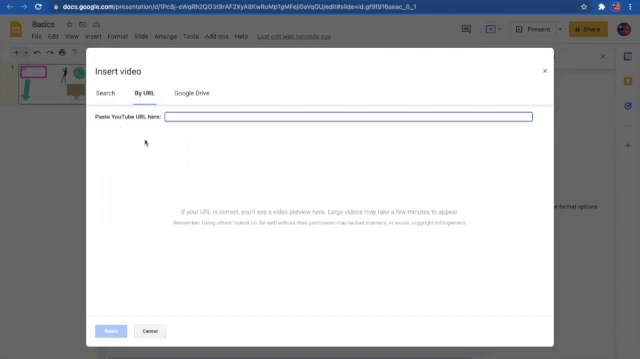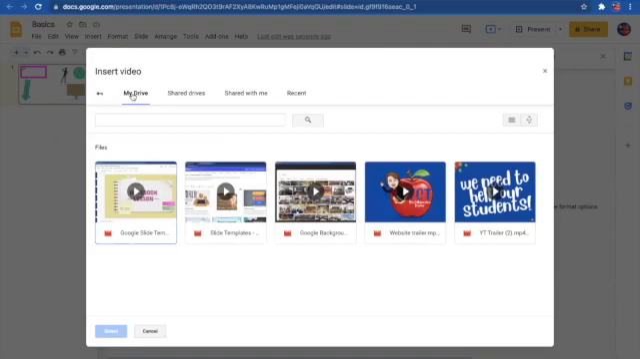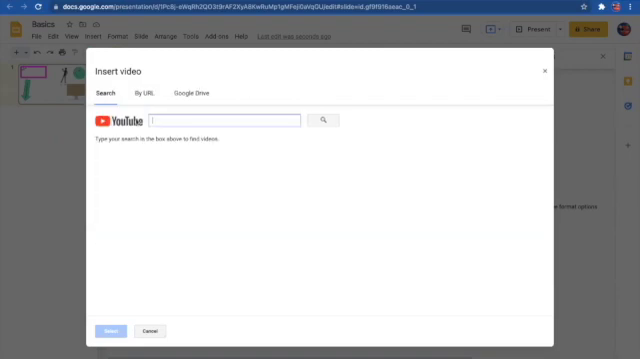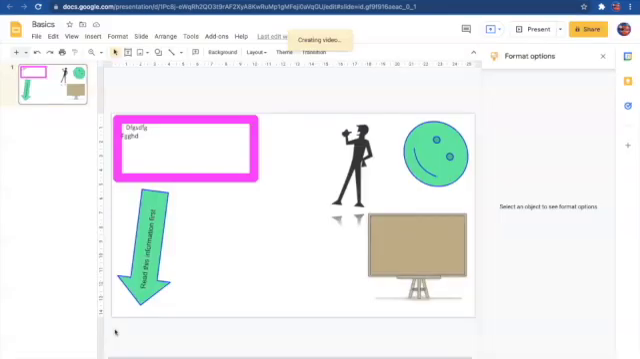Okay, you can't insert Vimeo. So a lot of videos are made using Vimeo, especially for like how to do things, teacher tutorials, that sort of thing. Those can't be inserted in Google Slides using this format. Or you can upload straight from your Google Drive. So we're going to go back here and we're going to search for a video on maybe magenta sight words. Okay. A whole bunch of different videos come up. We'll choose this one and we'll insert it into our